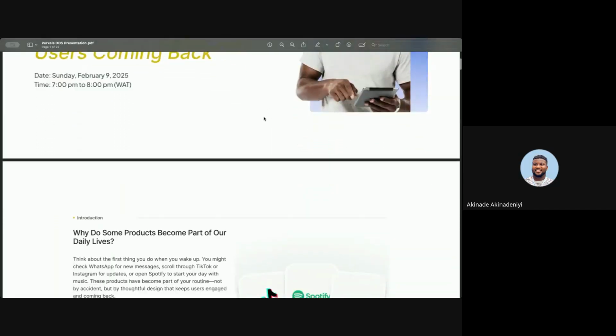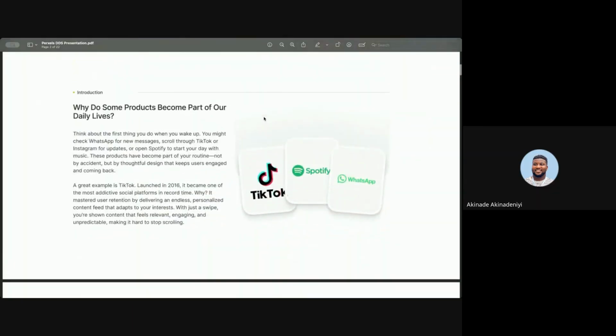So let's begin. Let's talk about why some products are part of your lives. You've gotten used to some products. Every day you use them. When you wake up, you pick up those apps after prayers for those that pray, or after whatever you do, going to the gym. There are some applications that have become a daily part of your life.